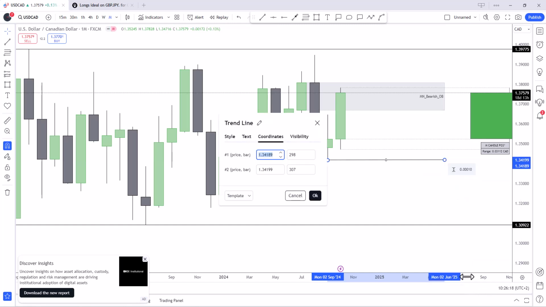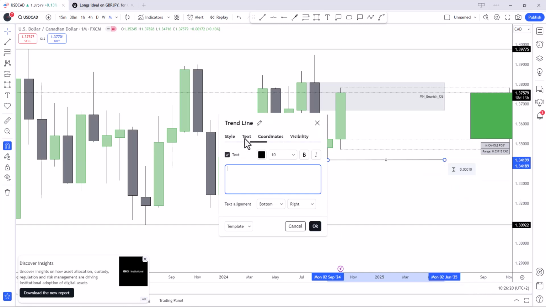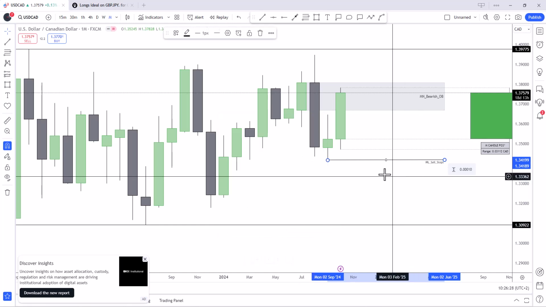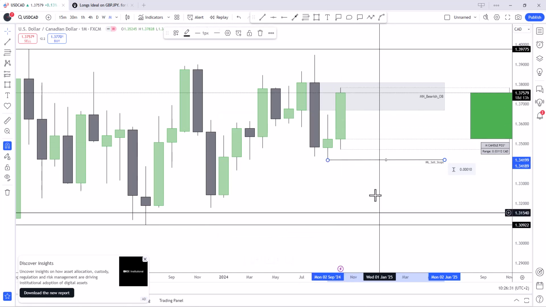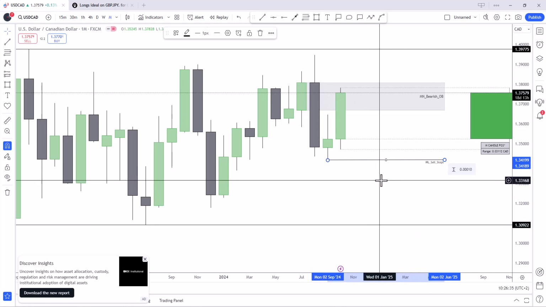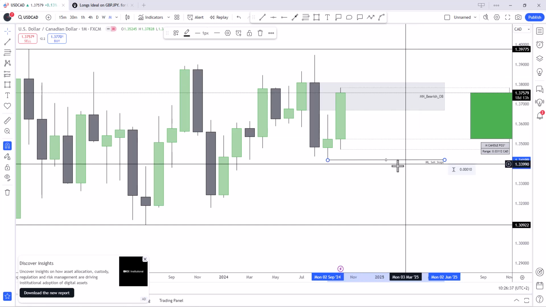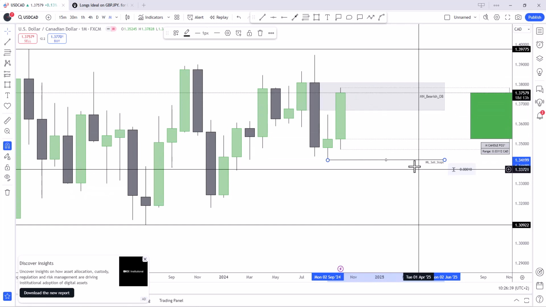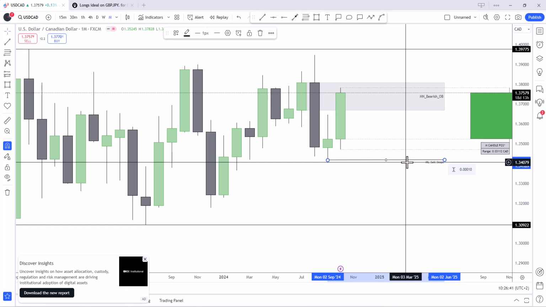Below the old lows of September. This is where your internal range liquidity of sell stops is. So that's your first initial target, because you'll be expecting market to trade and close below. Chances are very high that we are going to see market trading towards this level here of 1.34,